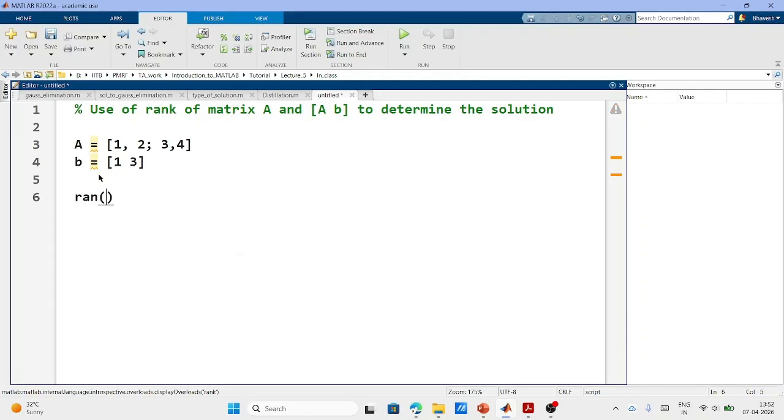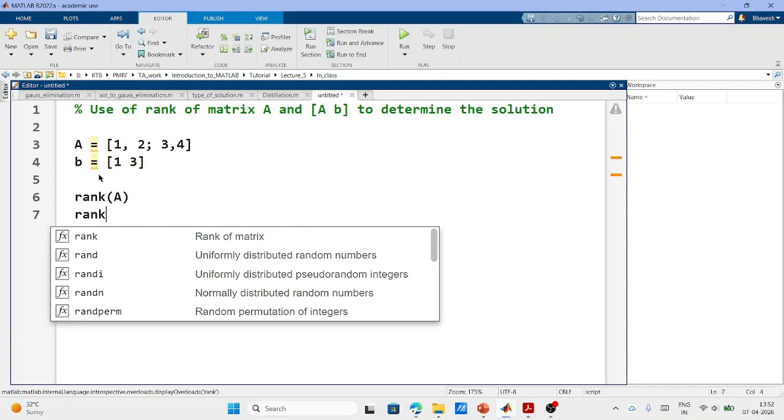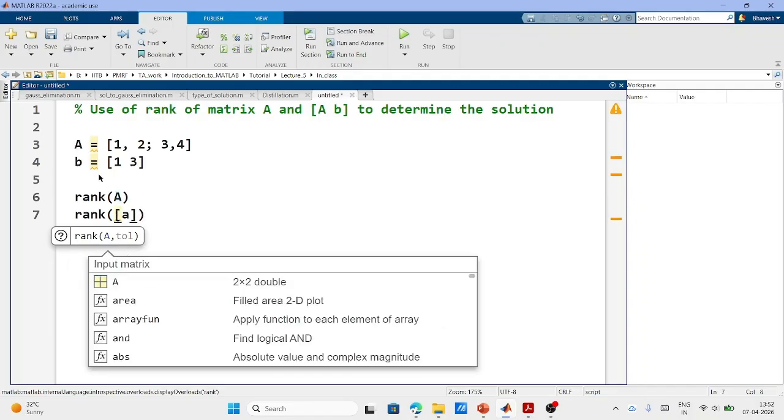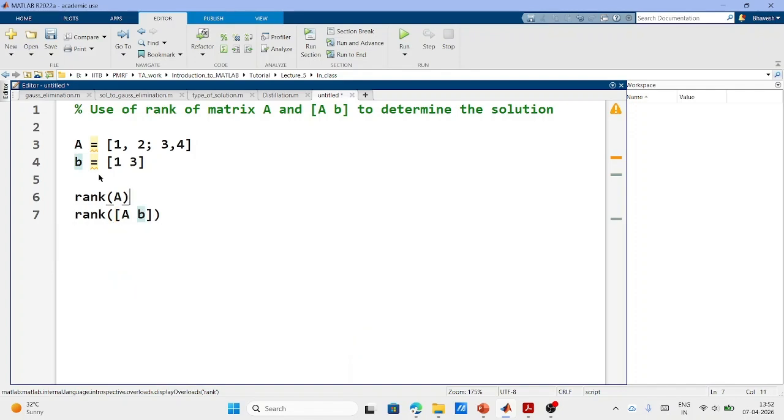Now, if I find the rank of matrix A, and the rank of matrix A augmented B. See here, A augmented B will combine matrix A and B in a column-wise manner, and then it will give you the augmented matrix, right? And let's say if I run this code,